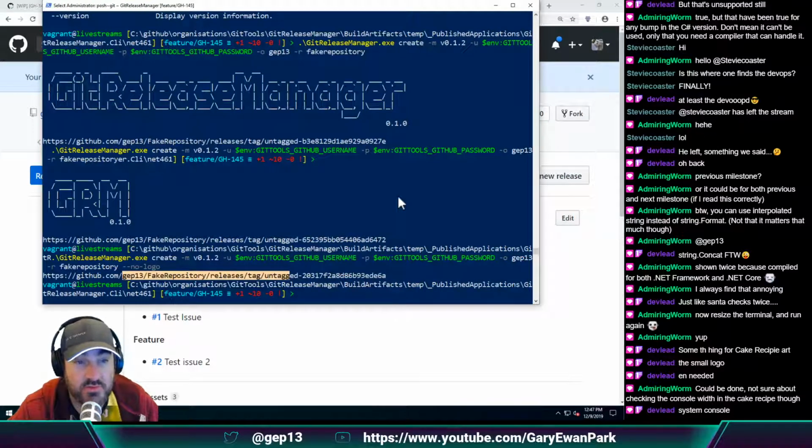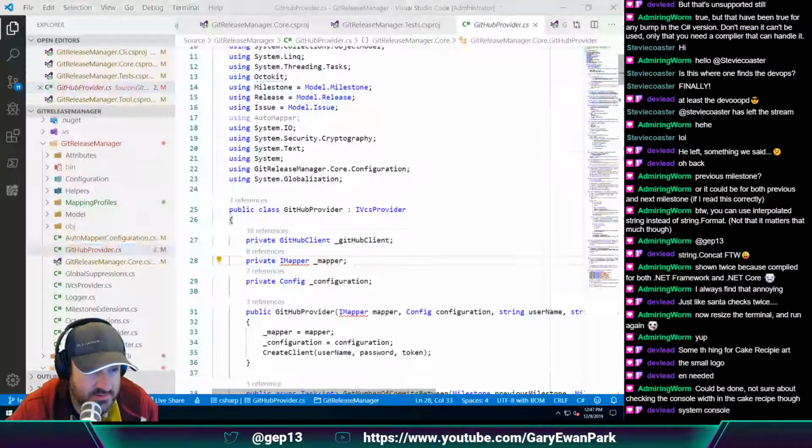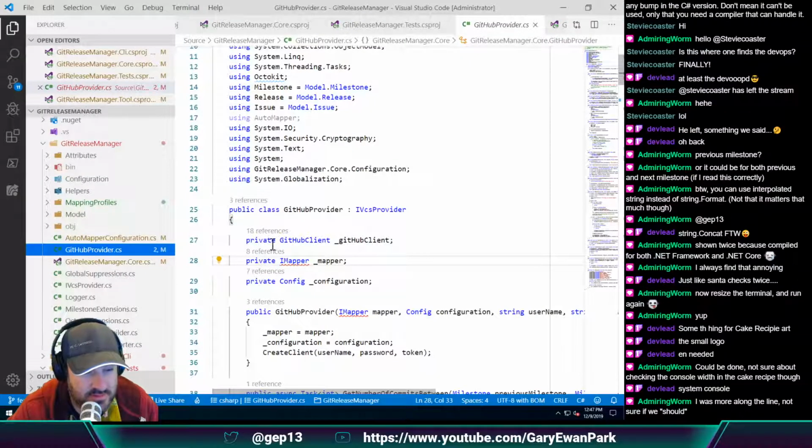We should add that to the cake.recipe backlog, which we will get back to once I've got GitReleaseManager to a point where I'm happy with it. So, anyway, I'm gonna check this in and merge it. I was more on the lines of not sure if we should. So, the reason that I think it would be a good idea, well,